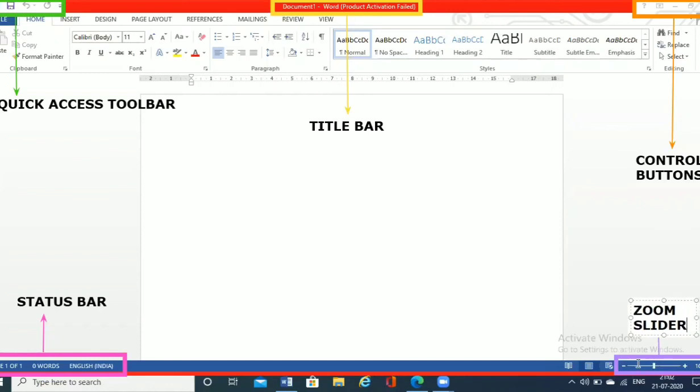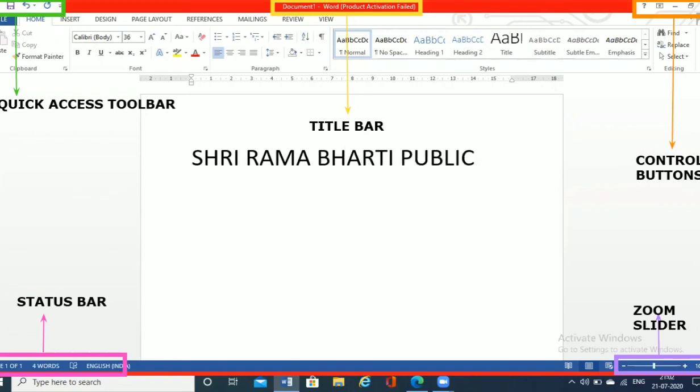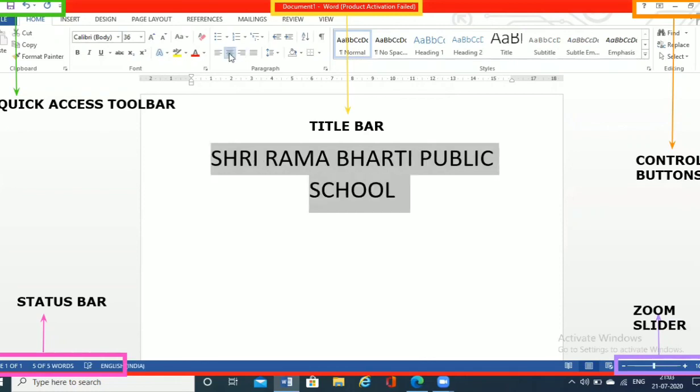So you will see the difference in the screen once I type something. I'm making it a little larger so that you can see the difference. I'm typing here Sri Rama Bharati Public School, and it is coming in this font size.